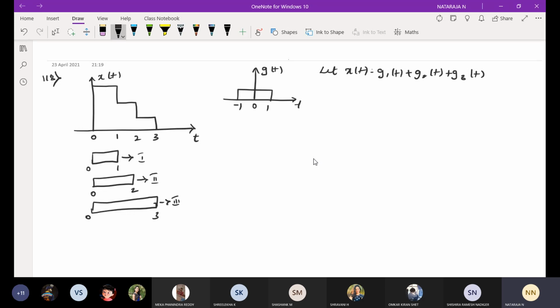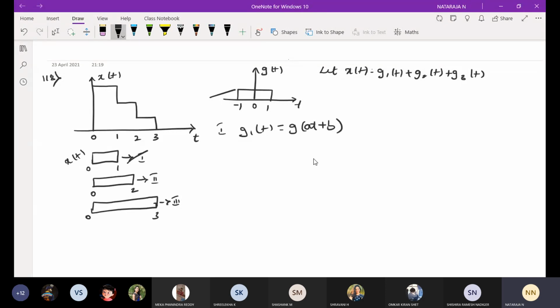Now I will find the first one, g1 of t. Use this g of t, and this is your x of t. In the x of t, we are going to split the signal into x1 of t, x2 of t, x3 of t. So I will consider the first one. Okay, g1 of t is equal to g